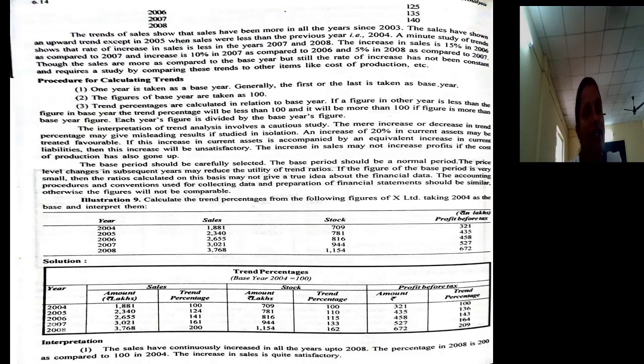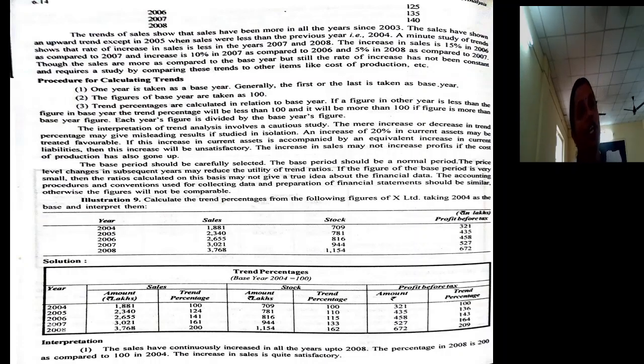what accounting practices, procedures or conventions are followed over a period of time. There should be similarity in the conventions, system or procedure followed while preparing financial statements over a period of time. What procedure you follow to calculate depreciation, what procedure you follow to calculate the value of stock in 2001, 2002, 2003, the same procedure should be followed over a period of time. Then only will the trend percentages give you the correct financial result. Otherwise, it's of no use. So, these are the three important cautions to be taken while calculating trend percentages.